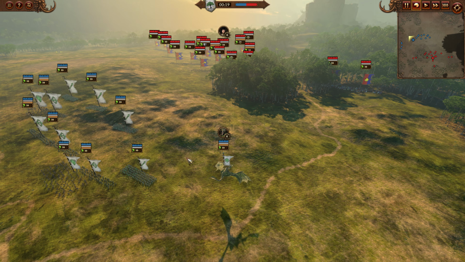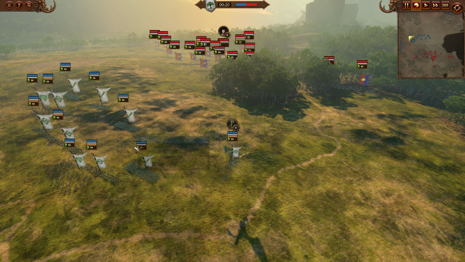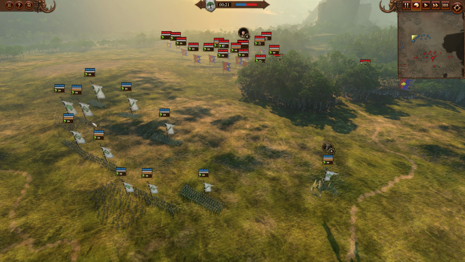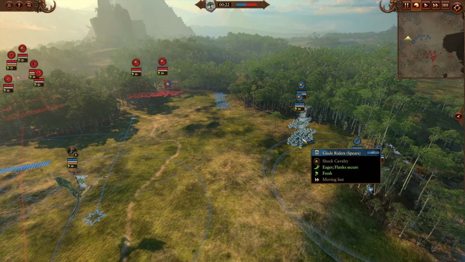It is definitely at risk of Pegasus Knights in this matchup, but thankfully for me, Noldor didn't bring any in this particular battle. We've got Eternal Guards with shields up front, of course, for anti-large. A nice line of Glade Guards as well, Hagbanes and Starfires mixed. Some Dryads for anti-infantry, a bit of cavalry for support as well over here, plus the Waystalker and Lady Ariel for healing, and of course Sisters of Twilight...